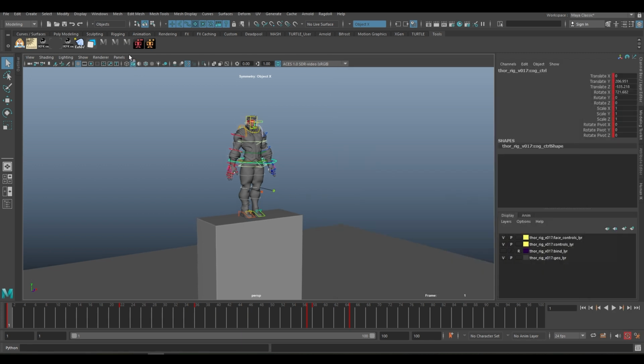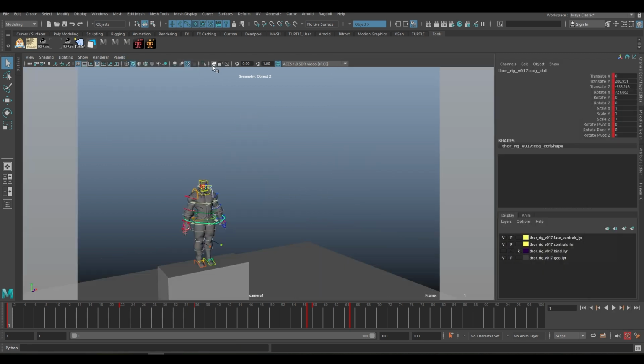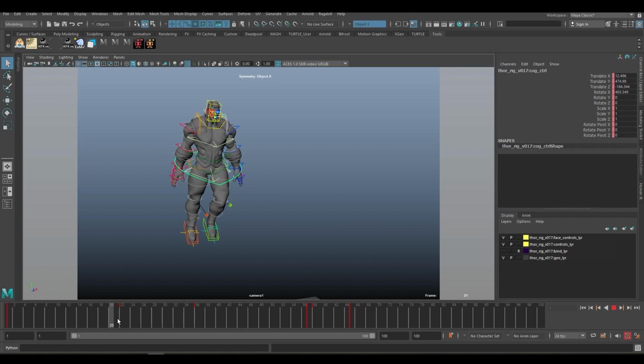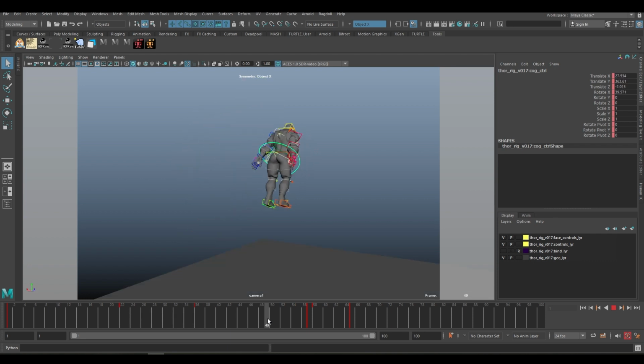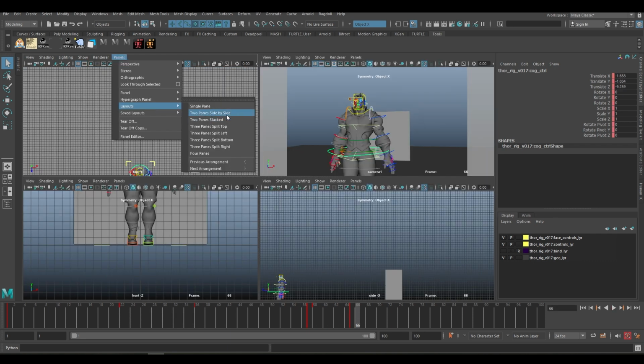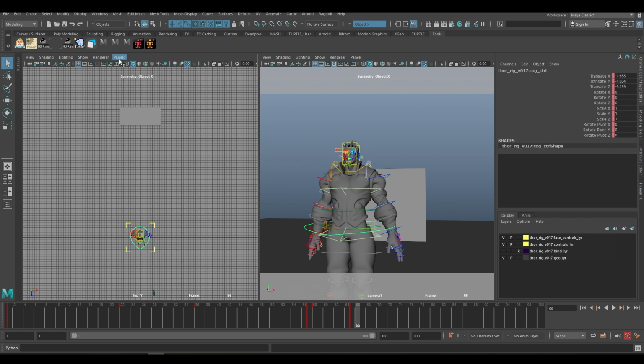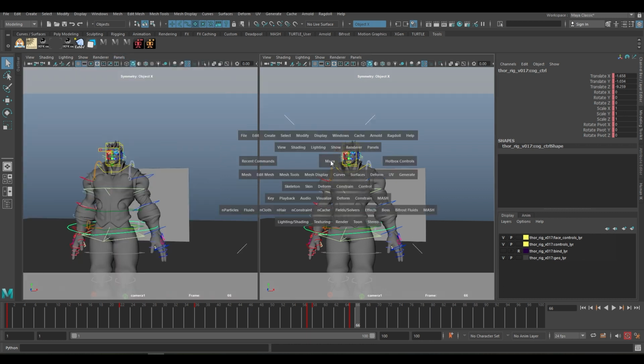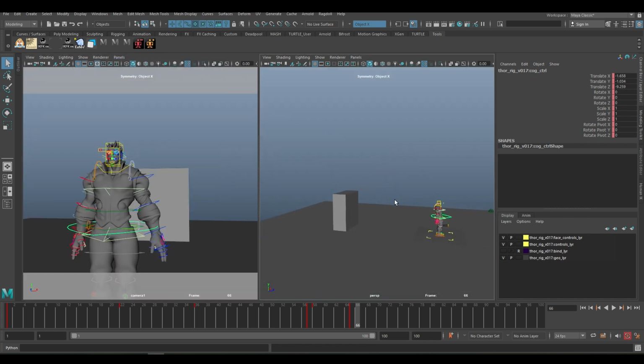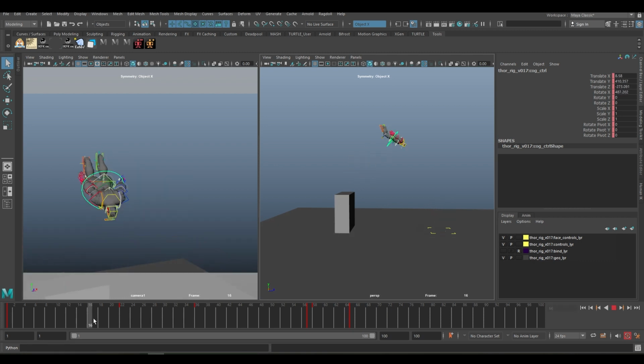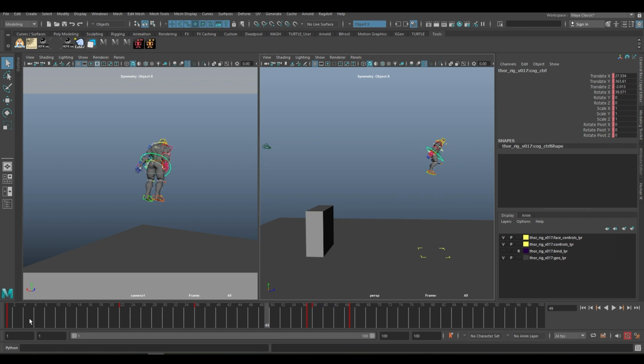For that I have created a temporary camera and I have rotated the rig from the root and created the layout like this. If you see the side by side panel, here in the camera perspective, this whole action is a single action, see, but I have changed the camera